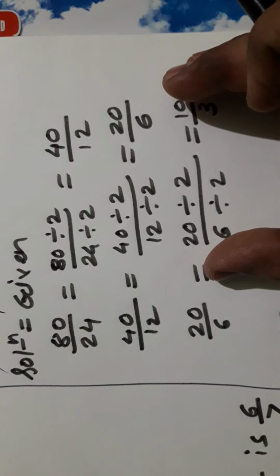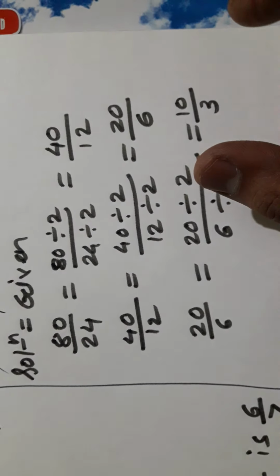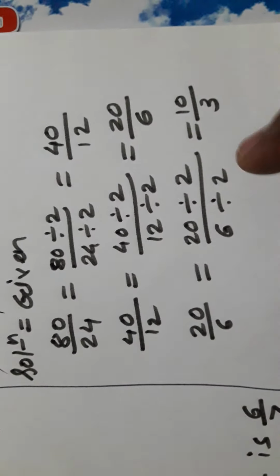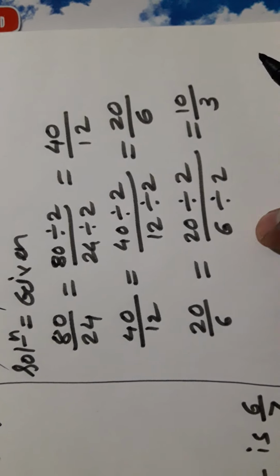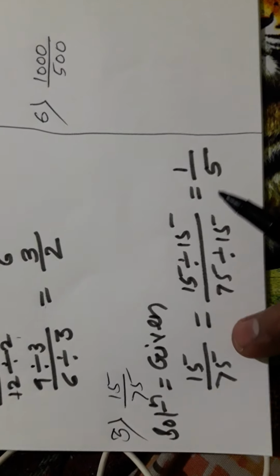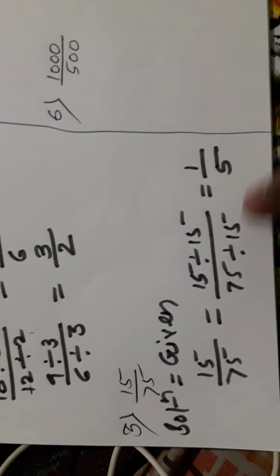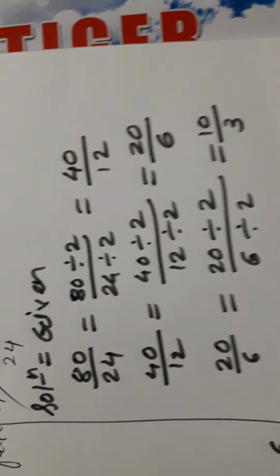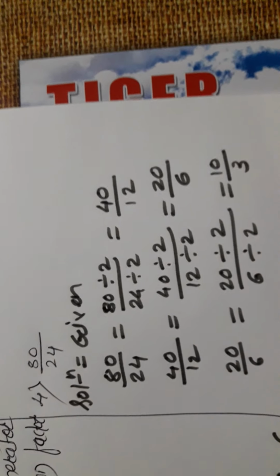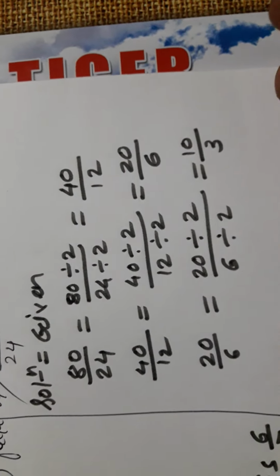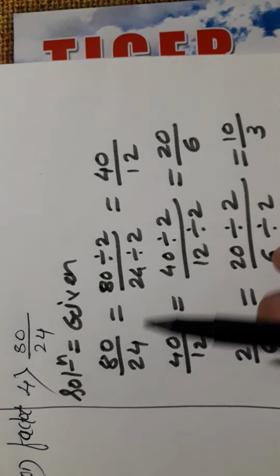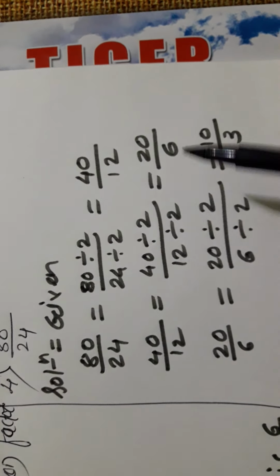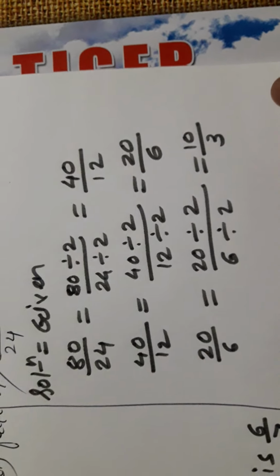If you are not perfect in the table, you can divide by the smallest number. I am showing all these steps for all students. Those who are perfect in the table can directly divide like that, within one step you will get the answer. But if you are not perfect in the table, start preparing the table from today onwards. But you should not be afraid of this type of example. How to give the simplest form? You can use the smallest number, steps will only increase, you will get the right answer.